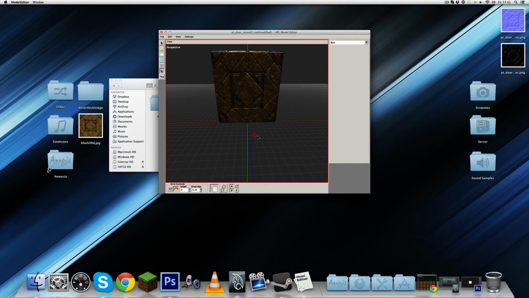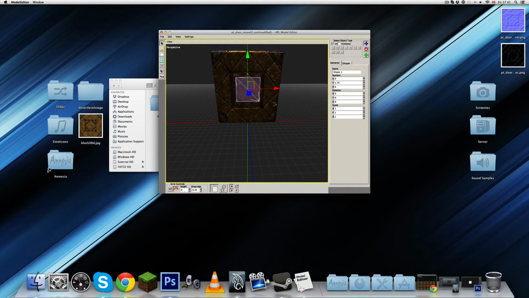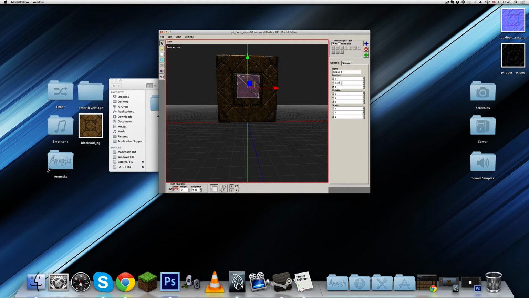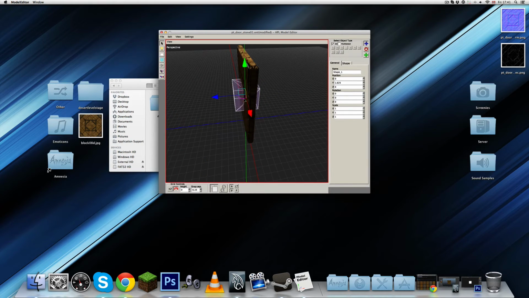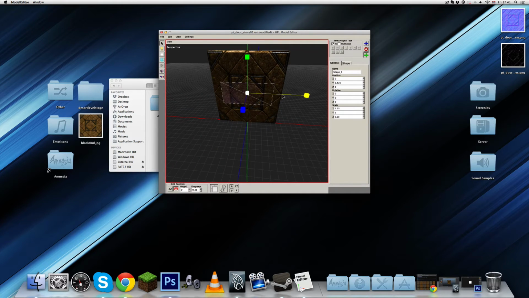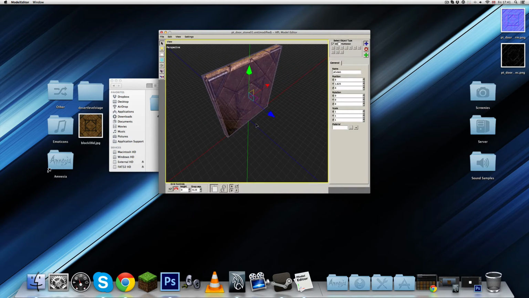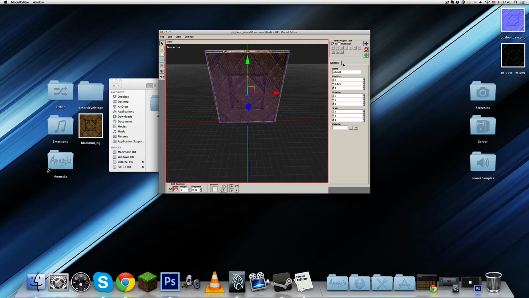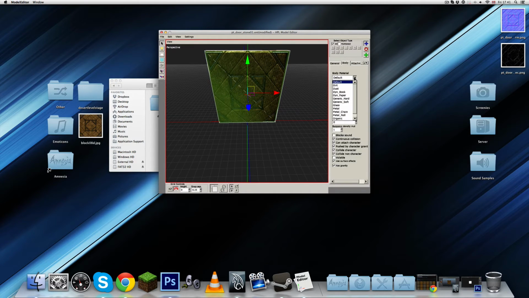Let's create a collision box. There. No, not there. 0.625. Scale is going to be that. Perfect. Now, create body. The body material is going to be stone, rock,